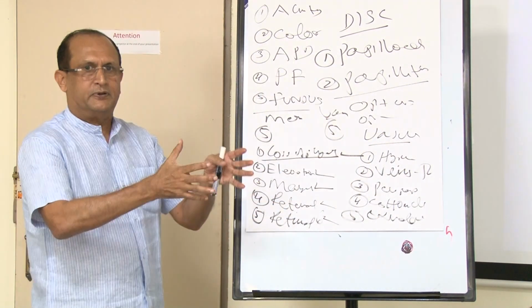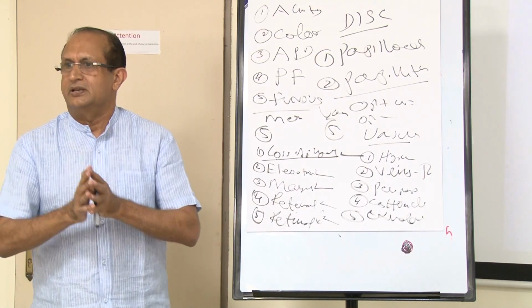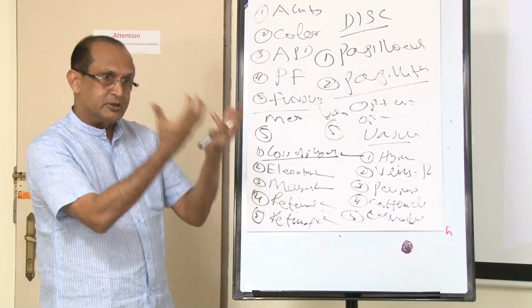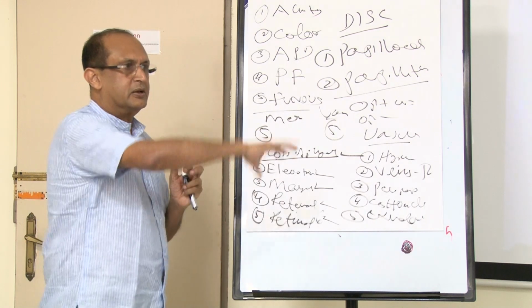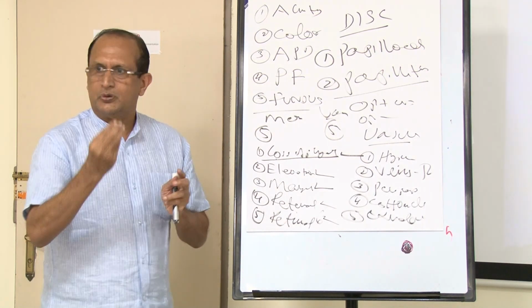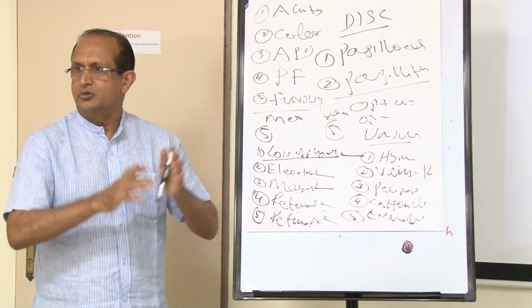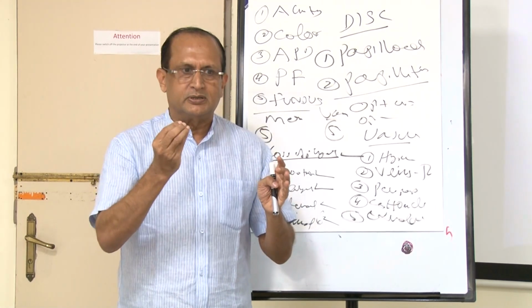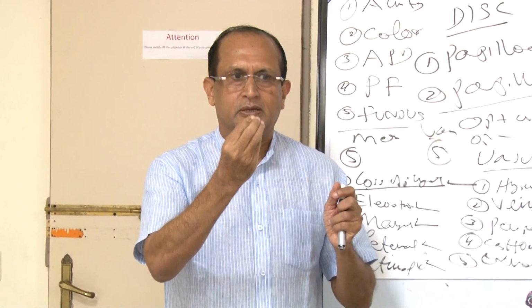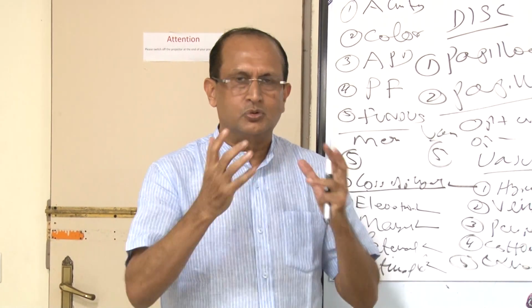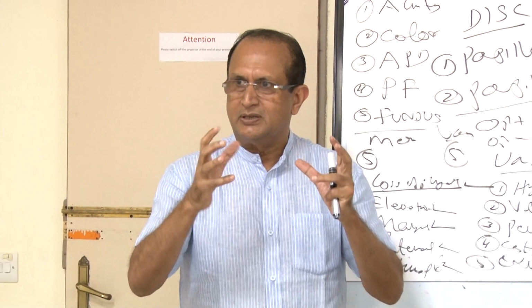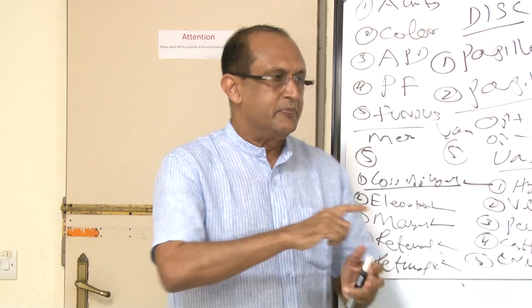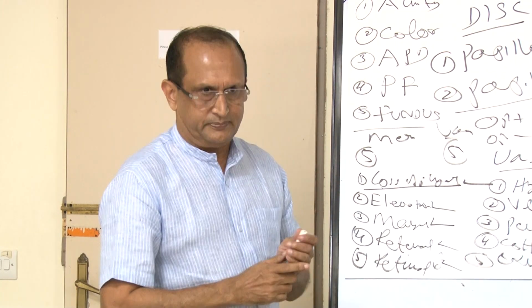Out of this, if a few of them you've picked up, you know this is a true disc edema. Suppose the physiological cup is lost, the disc seems raised from the surrounding surface, there are a few peripapillary hemorrhages and a few exudates. You know this patient has got a true disc edema. It's not a pseudo disc edema. What is the cause of the pseudo disc edema? The commonest is a benign congenital abnormality like a drusen of the disc. Drusens are calcified deposits in the optic disc, which will give you an impression that this patient has got disc edema, but all the other characteristic signs will not be there.